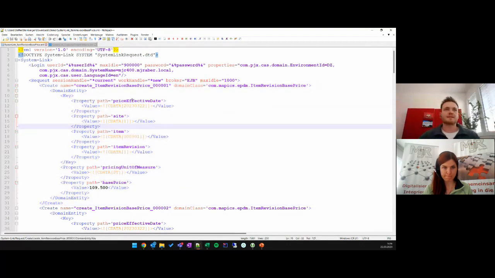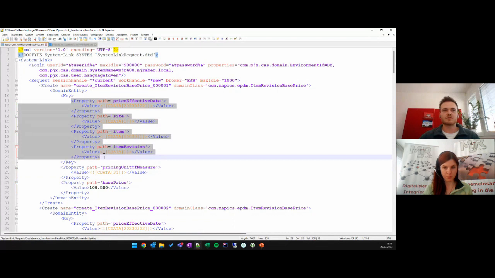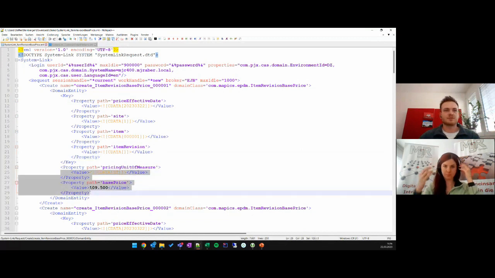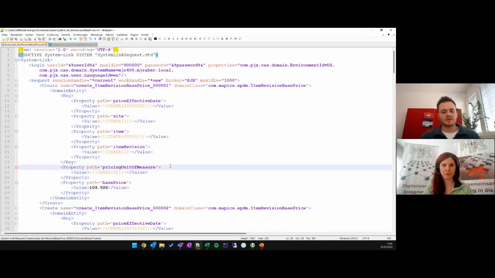And we have the price effective date, which is the current date. We have the site, the item. We don't even need an item division, and the pricing unit of measure, and of course the base price. In here you can see the keys. So those are the minimum required attributes. And then we also have these other two, where it actually makes sense. So then I copy this